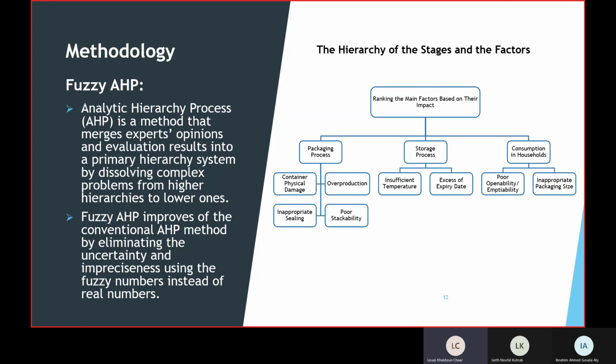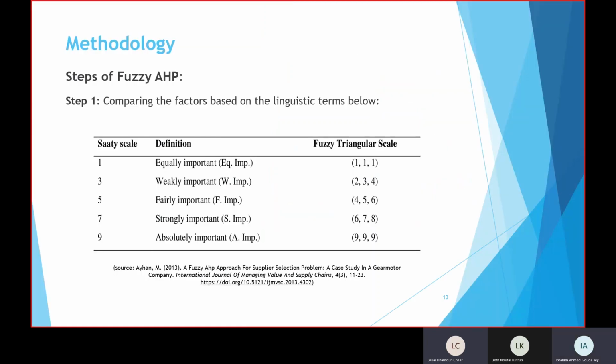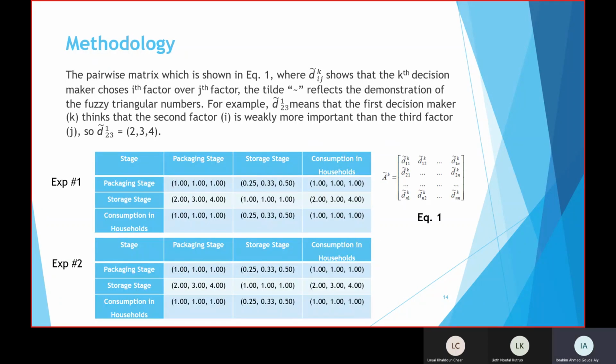Coming forward with my colleague Ibrahim. In this section, we're going to present the process of fuzzy AHP that we implemented that led us to the final ranking of the stages and factors. In step 1, we conducted a meeting with 2 experts within the case company, and according to their preferences, the 2 following tables were constructed based on this linguistic terms table. These are the 2 tables of the experts.